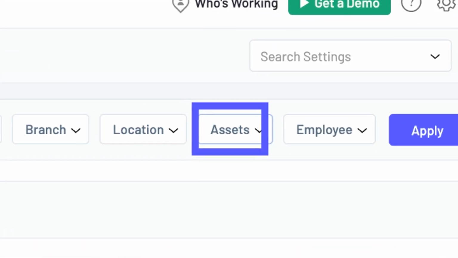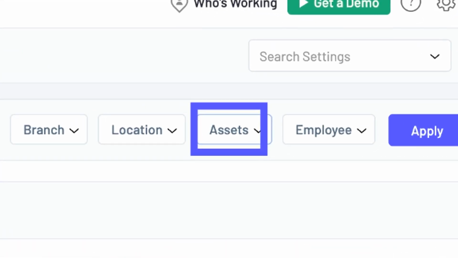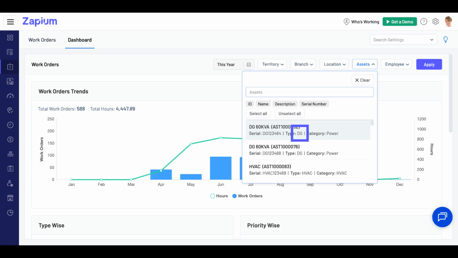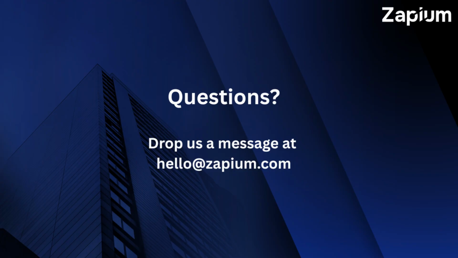The data can be filtered based on location, assets, employee, etc. For example, let's click the Assets tab to filter the data for a specific asset. When the asset DG is selected from the dropdown, the data associated with this asset will be available in the below sections. So this is how you can seamlessly manage your work